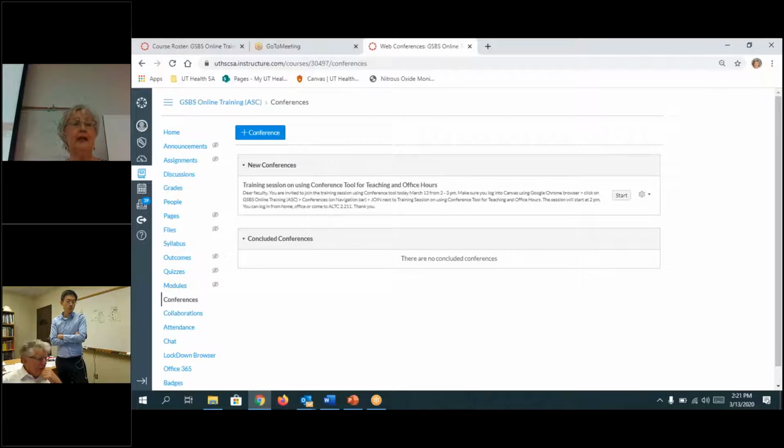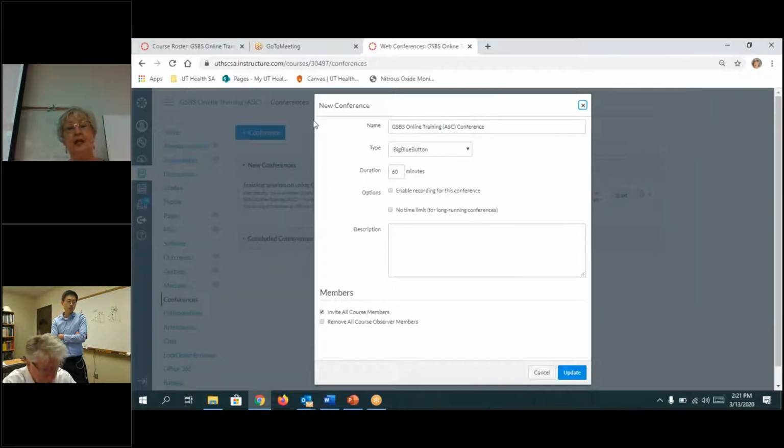When you get ready to create a conference, on this left side, you're going to click conferences and at the top, plus conference. And you're going to name that conference. So this is conference 1. You don't have a choice on this one. We have to run it through BigBlueButton. That is the tool that allows us to record this conference if you choose to. So if you want to present a lecture to your students and you're not sure they can all attend at the same time, you can record your lecture and they can come back at another time and review that.